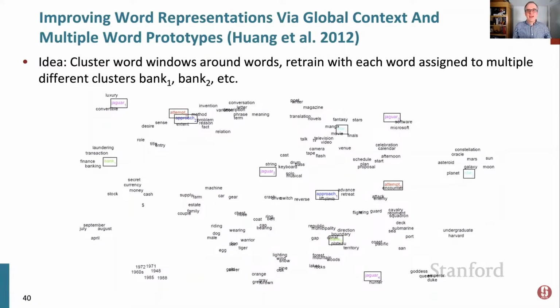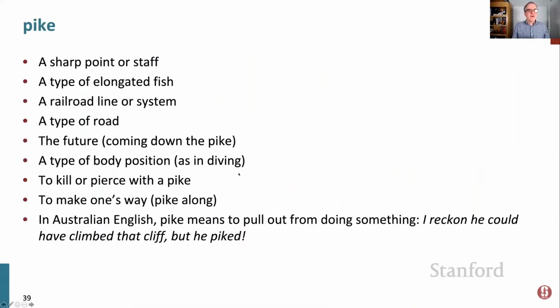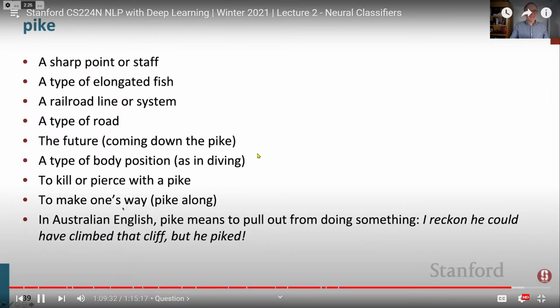But actually this isn't the majority way that things have gone in practice, and there are a couple of reasons for that. One is just simplicity. If you do this, it's kind of complex because you first of all have to learn word senses and then start learning word vectors in terms of the word senses. But the other reason is, although this model of having word senses is traditional, it's what you see in dictionaries, and it's commonly what's been used in natural language processing, it tends to be imperfect in its own way, because we're trying to take all the uses of the word pike and cut them up into different senses, where commonly the differences are overlapping and it's often not clear which ones